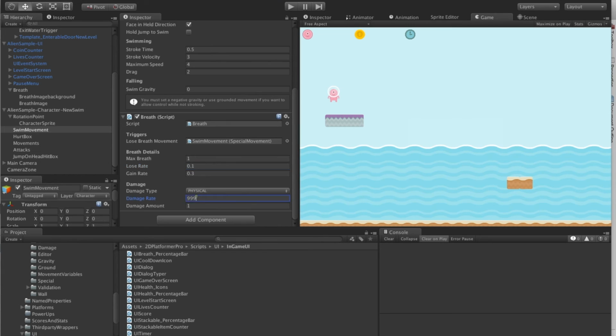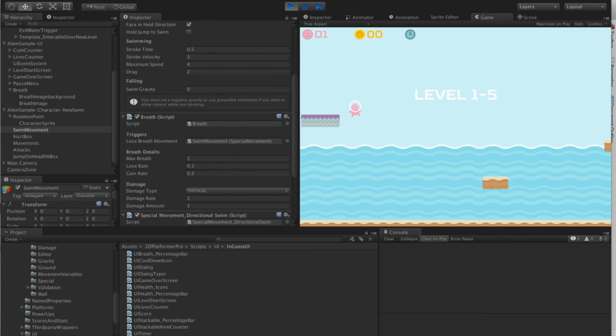What happens when we die? When we lose our breath, do we die straight away? Do we apply damage over time? So play. So now we're underwater. You'll notice our breath gauge is going down. When that breath hits 0,